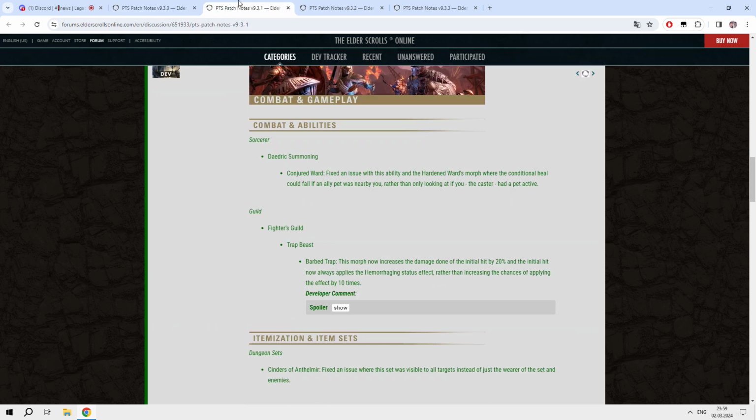Yeah, and we just forgot something, something we need to tell you. Trap Beast, also this morph now increases damage done of the initial hit by 20%. Initial hit now always applies the Hamstrung status effect, thus increasing the chance of applying this effect by 10%. So again, you can see that if they nerf something, they are balancing this with some adjustments,